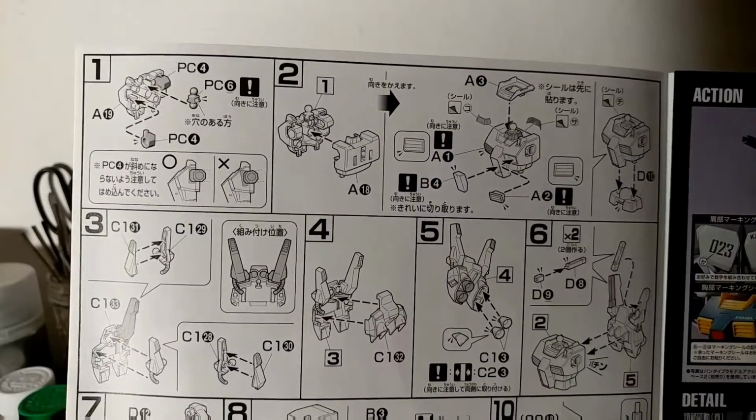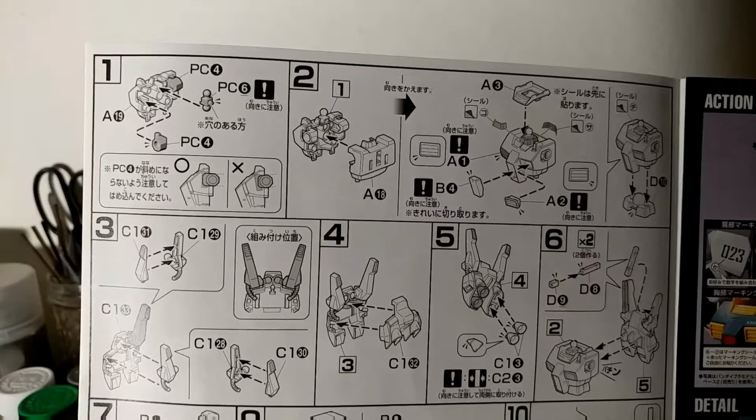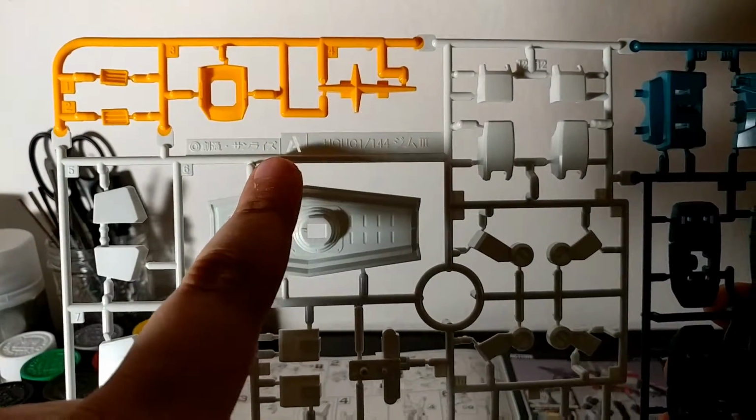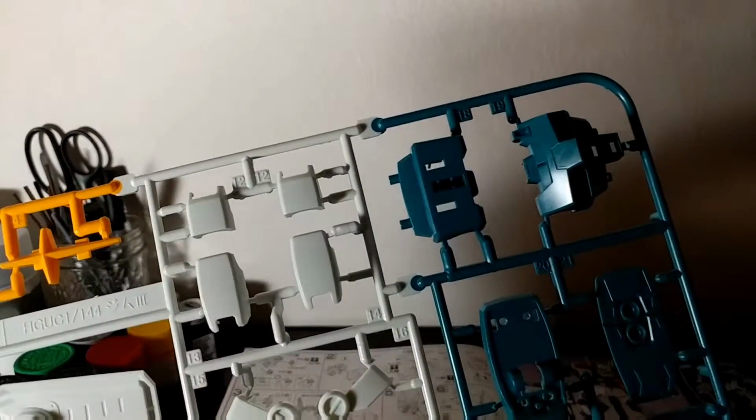And here's your instructions. For step 1, it wants us to grab A19 and 3 polycap pieces. Let's check that out. Alrighty, we're going to grab our A runner, and we're going to find part number 19. And now we just cut out the part. Some people will tell you to go underneath the part. I personally go on top. When you cut it, try not to get too close to the actual part because that will cause some stress marks on the plastic, and nobody likes that. So we're going to clip here,